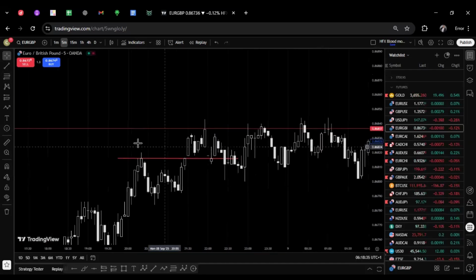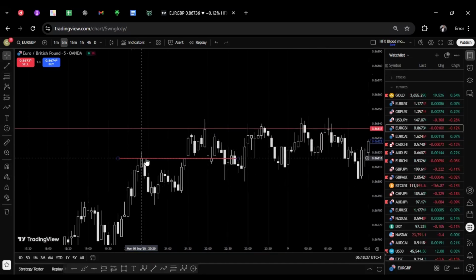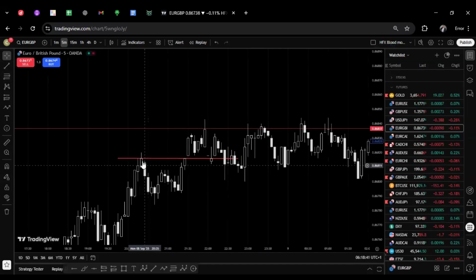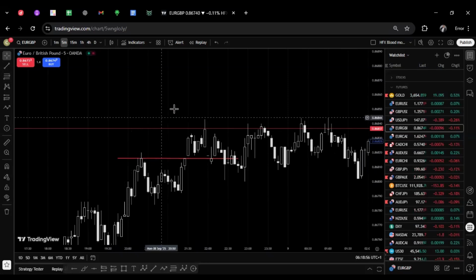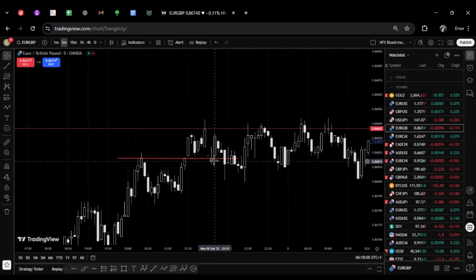This is just 1 point, right? Banking on this, this is just 1, right? For a zone to be valid, we need multiple, at least 3 to 4 reactions on that particular point. You can see how you just have 1 reaction here. What happened the next time the market came here? Oh,